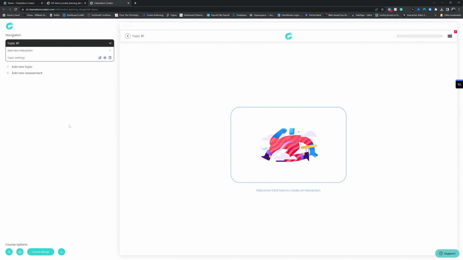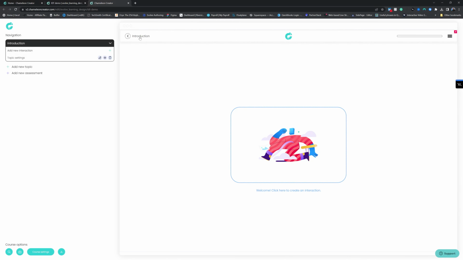So with that quick tour out of the way, let's start adding some functionality. Over here, it's created a topic for us already, and the whole UI is very much kind of click to do a thing. So let's say I wanted to rename topic 1, I could just click in over here, and maybe we'll call this the introduction. And you can see now that's changed here, and it's also changed over here on the current topic section